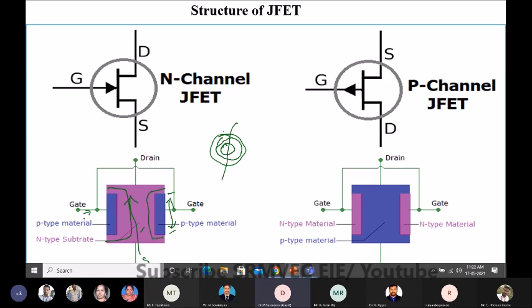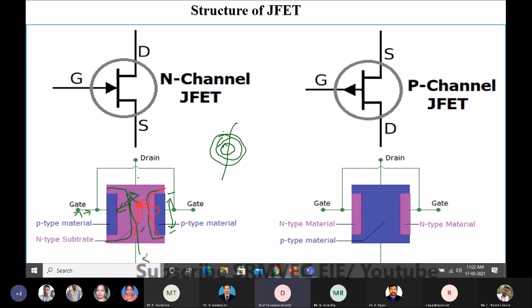By the voltage we provide at the gate, this barrier potential can be increased or decreased, so that it allows the electrons to flow from source